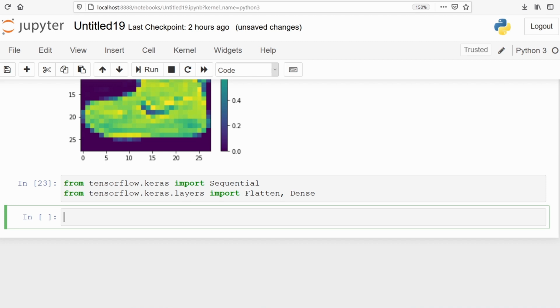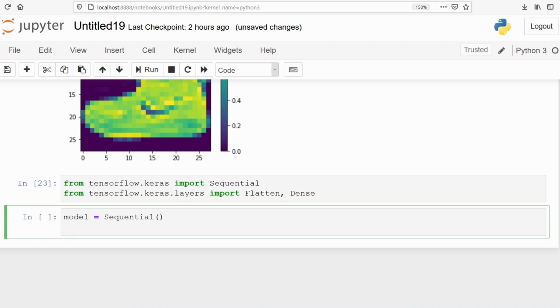Now we are going to make an object of the Sequential model and store it in the variable model. We will start adding layers to our neural network. The first layer will be the Flatten layer.